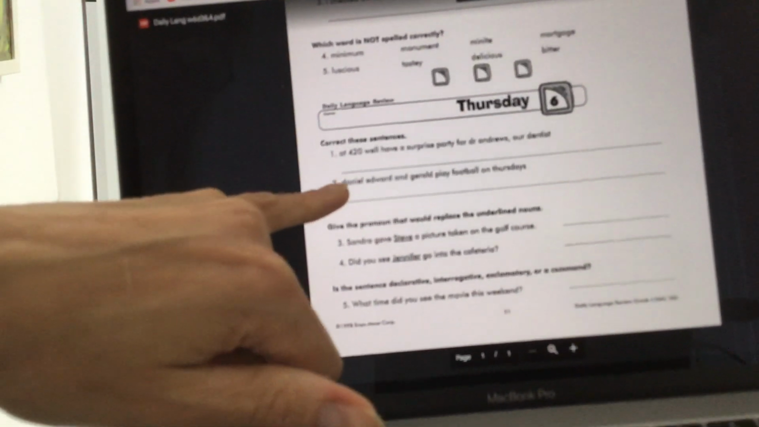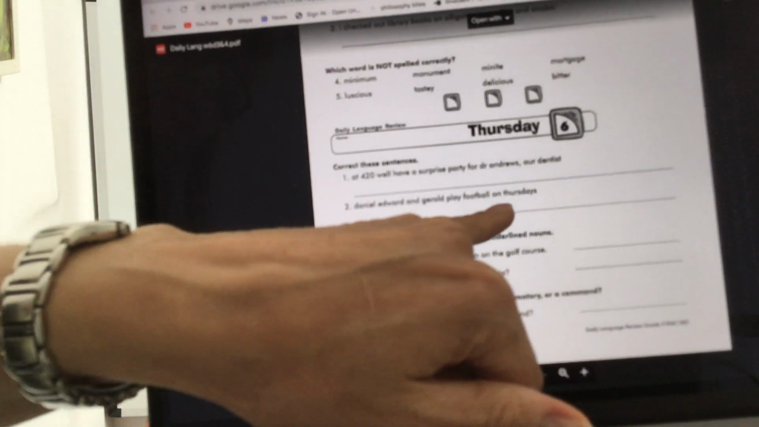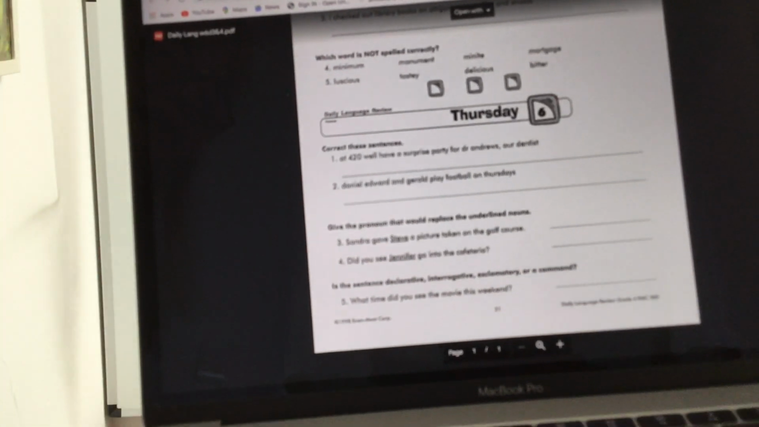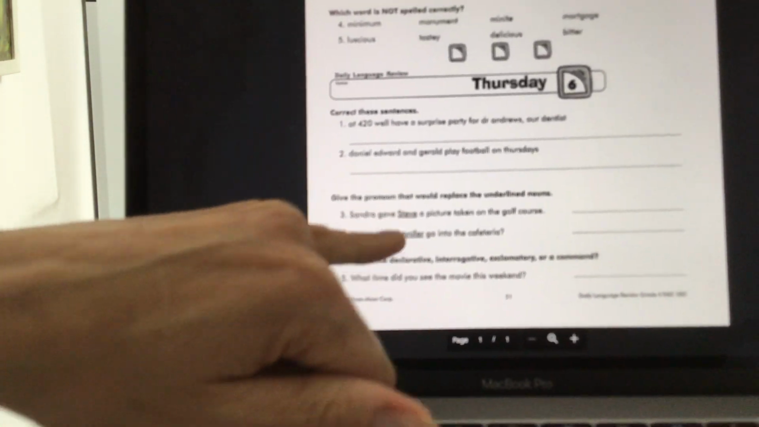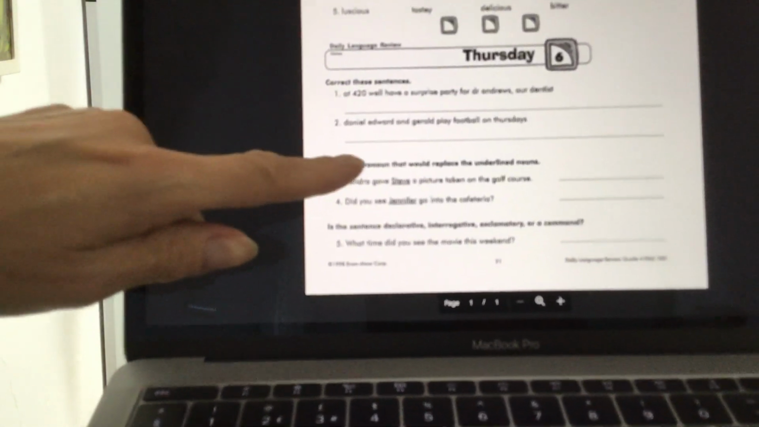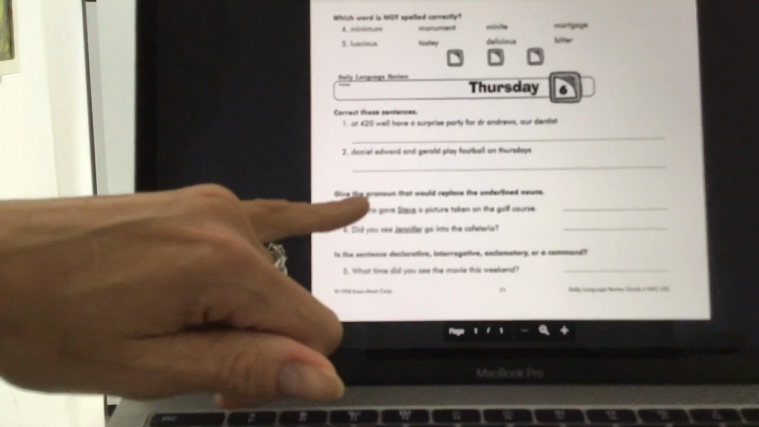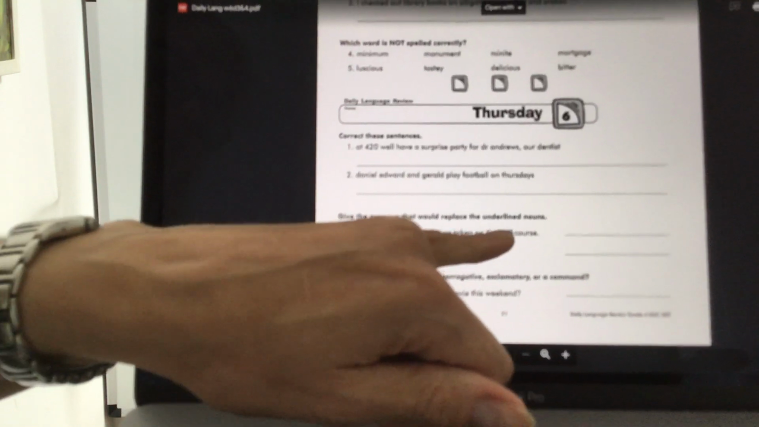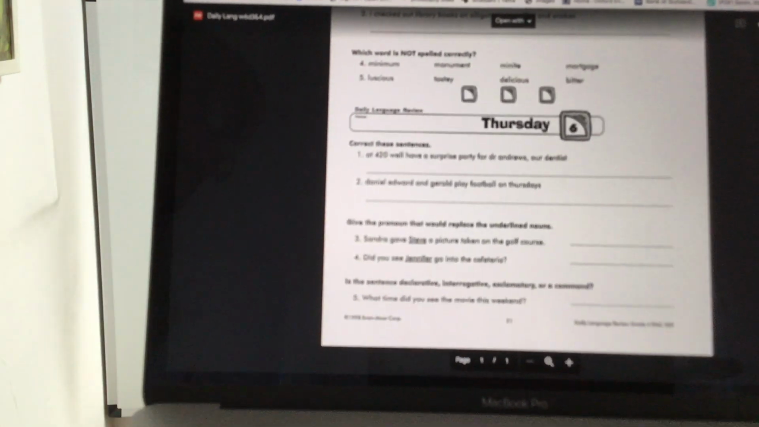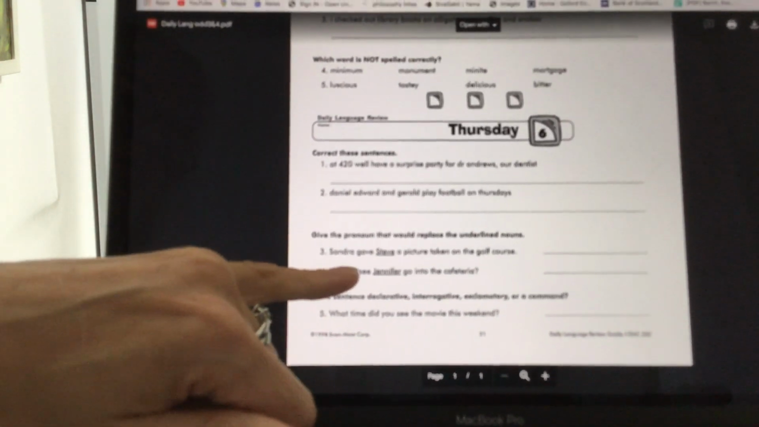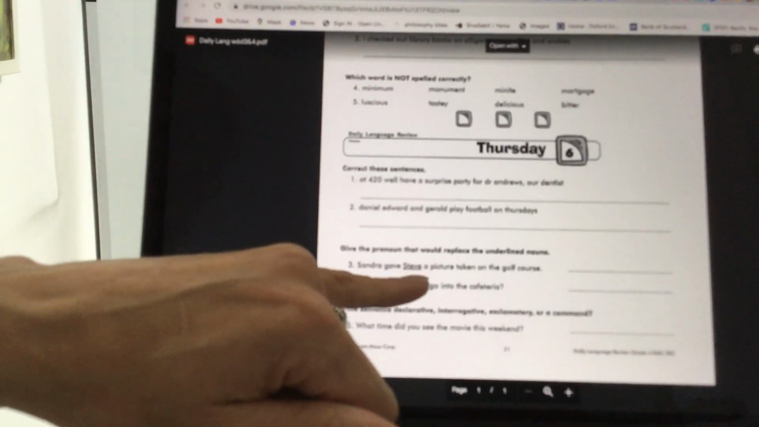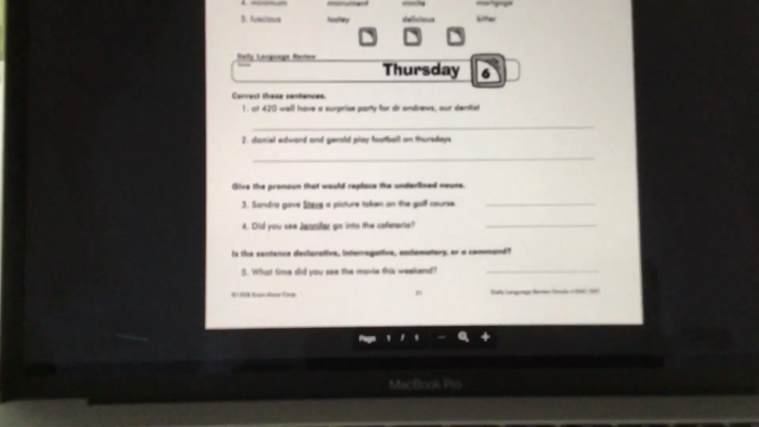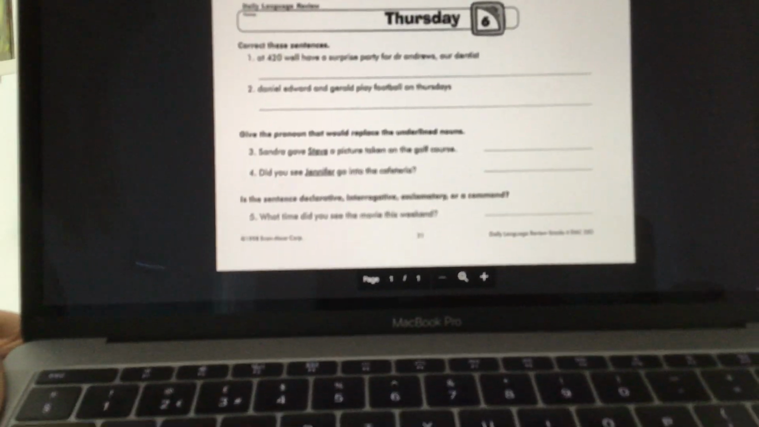End points. Daniel, Edward and Gerald play football on Thursdays. Capitalization, punctuation, grammar there seems to be okay. Give the pronoun that would replace the underlined nouns. So the underlined nouns are Steve and Jennifer, so they are proper nouns. So what's the pronoun for a boy? Sandra gave a picture taken on the golf course. Would you say Sandra gave he? No. So here you've got, did you see Jennifer go into the cafeteria? You wouldn't say, did you see she go into the cafeteria? Which pronoun would it be? It would be her. Did you see her? So think about that